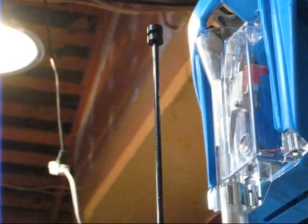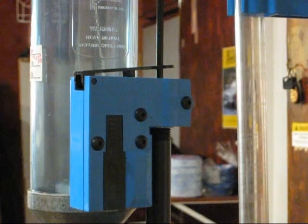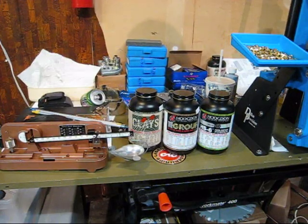Let's see if I can move the camera. He's all the way up there now, so as that thing drops and gets down to that level again, that'll set off the alarm. Okay,